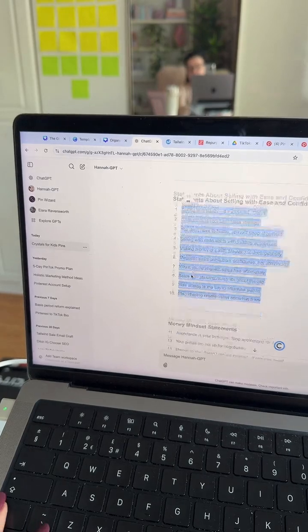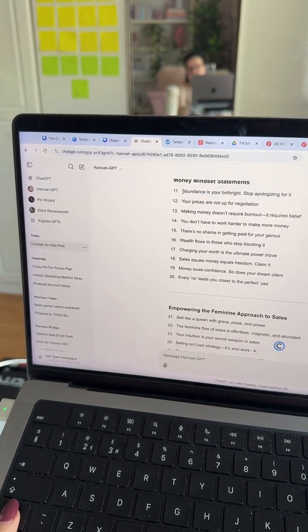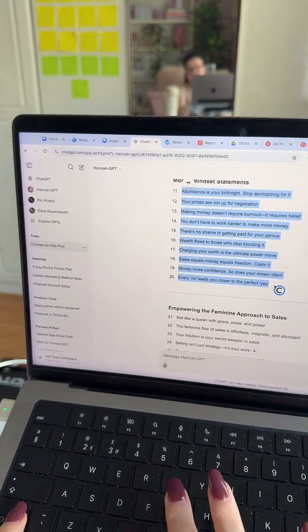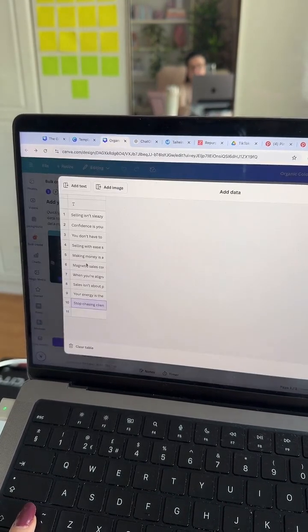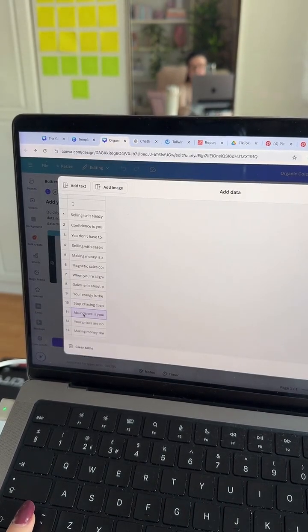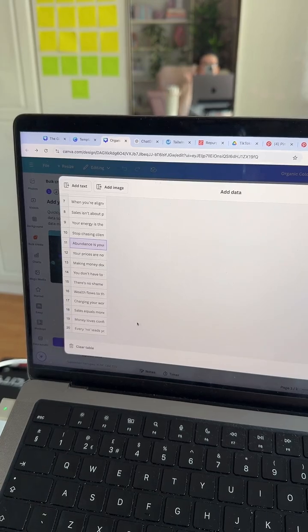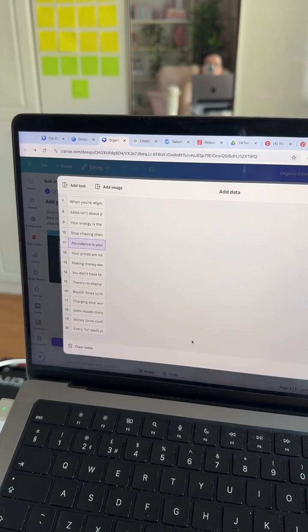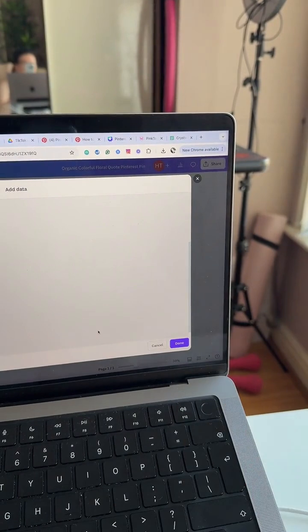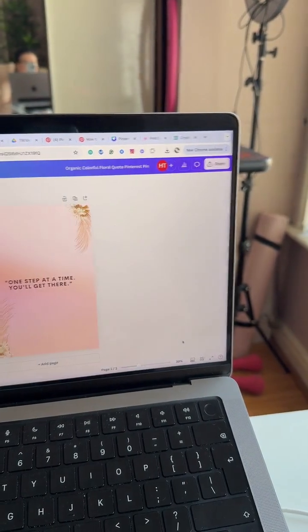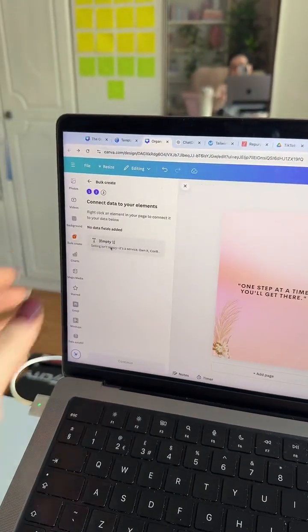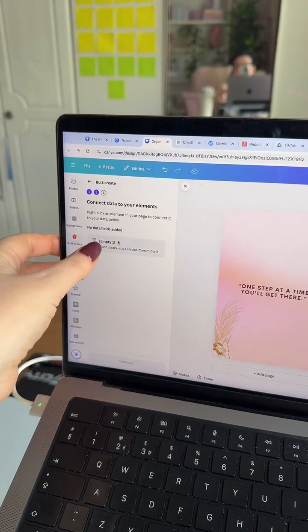If I want to do it all in one go, I should have just asked her to list them all in one go, but let's do 20. Let's just do 20 for now. There we go. So that's that done. So now I'm going to hit this button down here that says done. It'll always say like empty here, but there we go. It's got it all there.